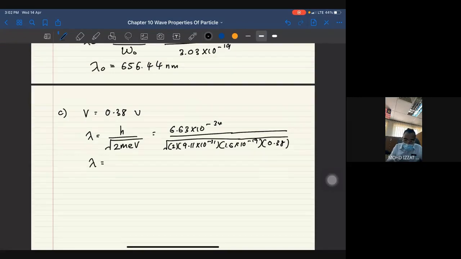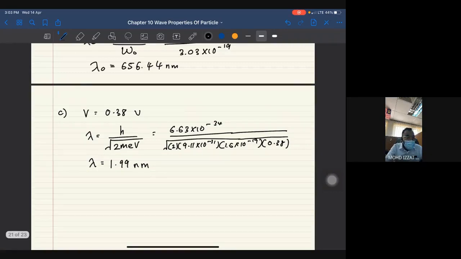The lambda here sama dengan 1.99. 1.99 correct. Good, very good. So you got 1.99 times 10 negative 9, which is nanometer lah. Nanometer terus. Dua boleh diterima. Okay, and then we have